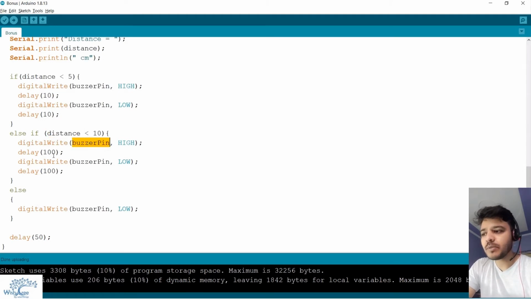So I'll again beep the buzzer but with more delay, which means the buzzer will turn on and off in a very slow fashion. And thereafter, if the distance is more than 10 centimeters, then we are simply switching off the buzzer and the LED.